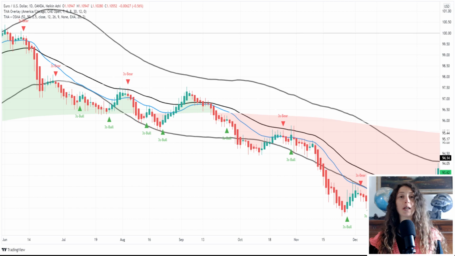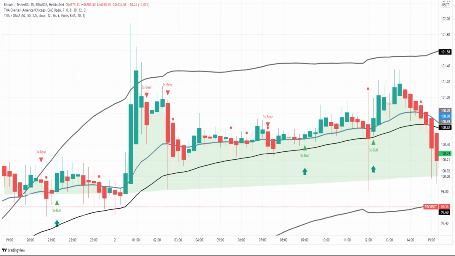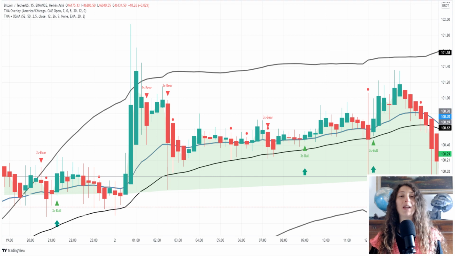Exit position. Place an initial stop loss at the previous week high or low. Profit target at the opposite signal, or when there is the opposite intersection of the gray line with the black one. Examples of trades. In the following video, I will show you the examples of trades.